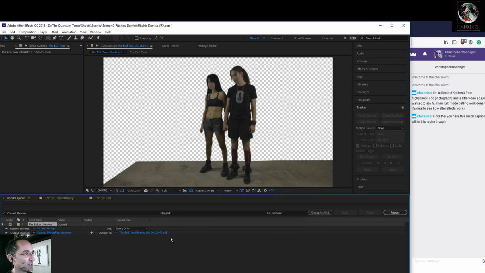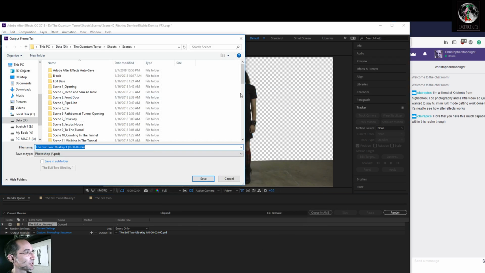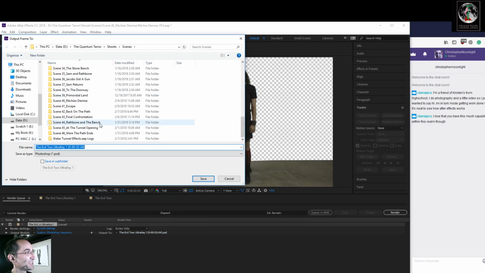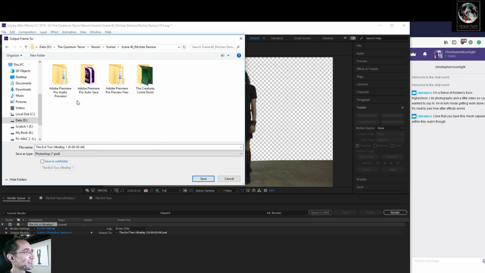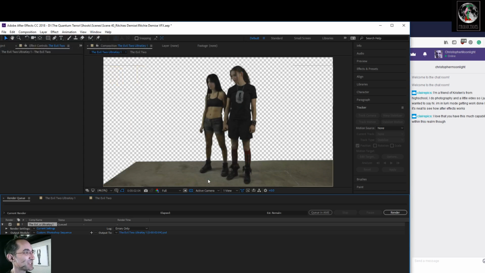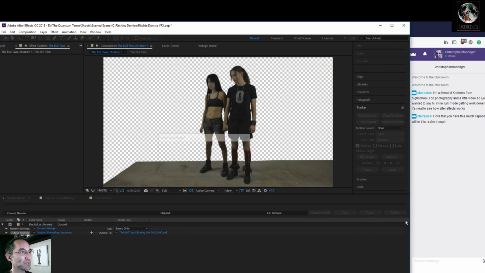So everything looks good there, and let's make sure that we're saving it into the right place, because that's the thing I do the most is I go and I save it, and then I forget to tell it where to save it to, and then I have to go searching for it, or save it again and then find the other file later. So let's render that.